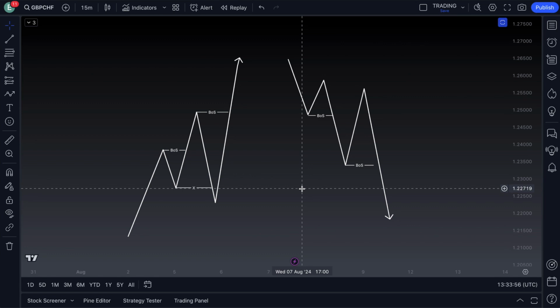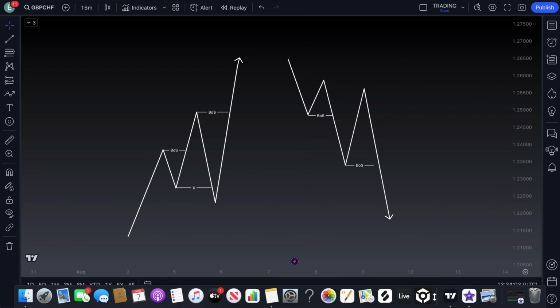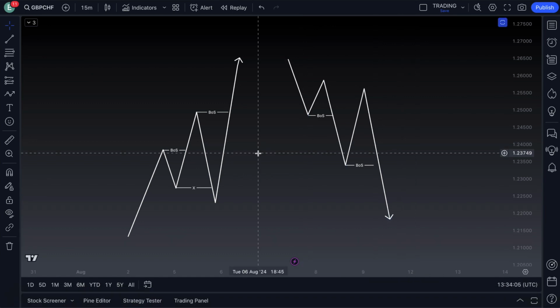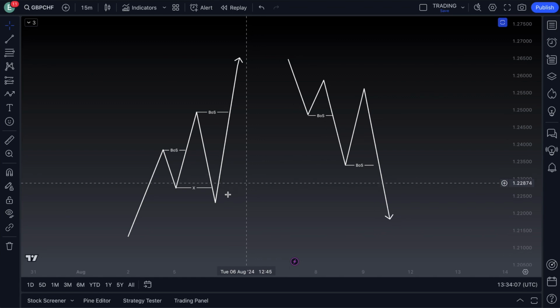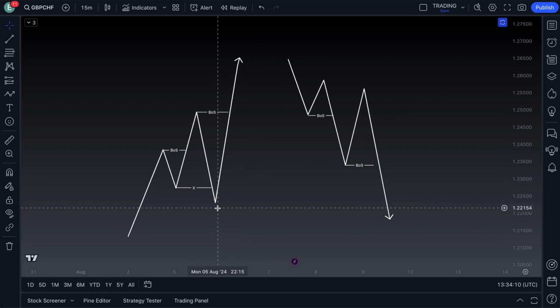So what is liquidity? Liquidity is the life and blood of the market. In order for the market to move, it must take liquidity. It seeks liquidity on both ends of the market. Now you might ask, what actually is liquidity? In simple form, liquidity equals money. It is just money resting in the market in buy or sell orders with stop losses, which it needs to take in order to move.